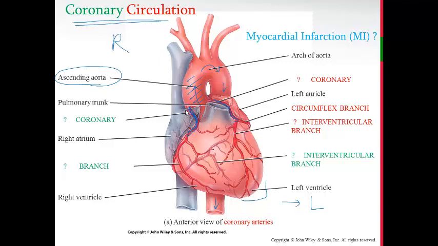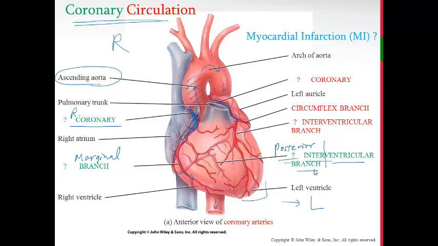So this one is your right coronary artery. Now the right coronary artery will go through and then it branches off into the marginal branch. And it goes towards the back, and you can see it's kind of more transparent. So it goes to the back and between the two ventricles. So we call the one in the back the